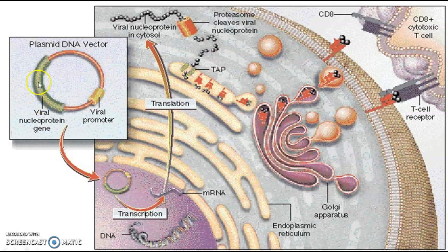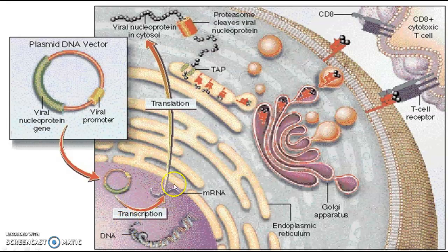Here we could see that the viral DNA has been inserted into a vector, a plasmid, and this is introduced into the nucleus, and now it is in episome form. That is, it is not integrated into the host DNA. So this is the host DNA. In some cases it remains as an episome for a long time, but in some cases this green part will become a part of the DNA. Whatever the reason, that DNA when expressed